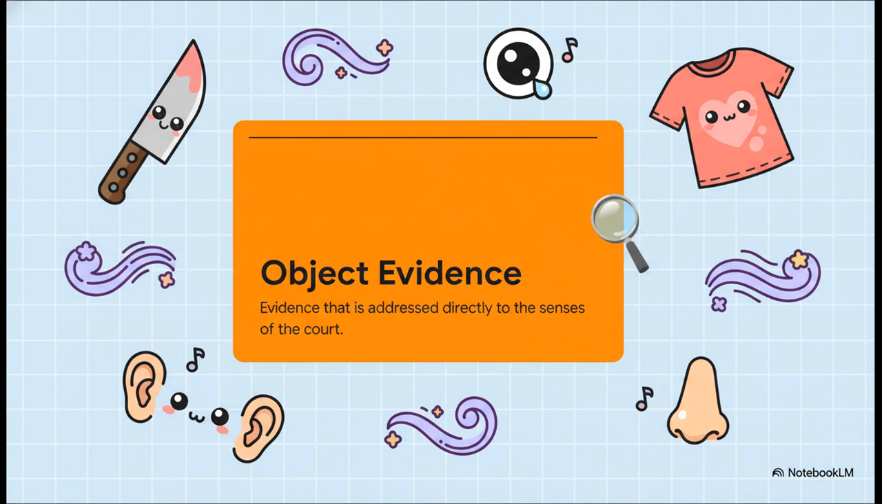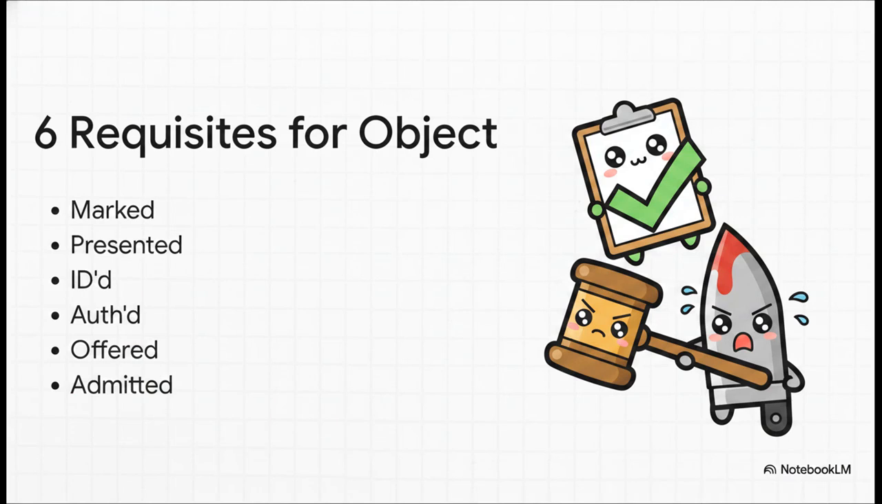Think about a murder weapon, a blood-stained shirt, or even a specific scent. Like, if a blind witness recognizes a perpetrator by a very distinct cologne, that scent operates as object evidence directed right at the court's senses. Wild, right? Now listen up, because if you want to pass the bar, you absolutely have to memorize these 6